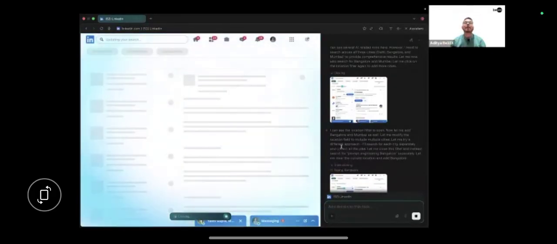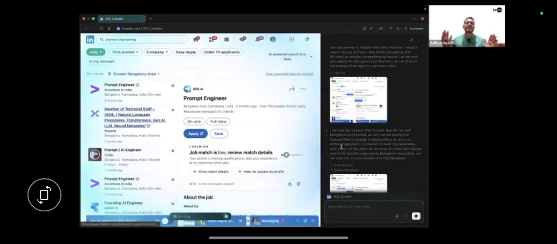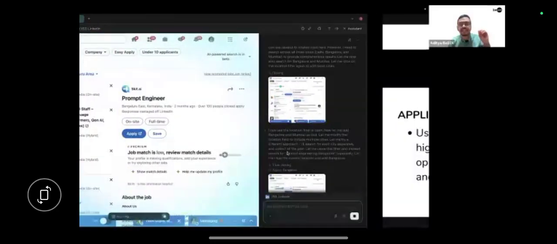How many of you feel that this is one of the best things that we saw today, like how everything is being done automatically, AI is doing all of that for us, and the agentic AI browser is doing all of it for us. Truly mind blown. So many people are writing so many MVs in the chat box. That is amazing, guys. So that is the power of Comet, which is an agentic AI browser.